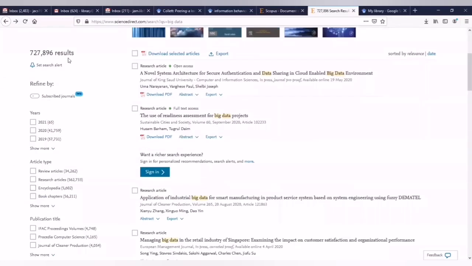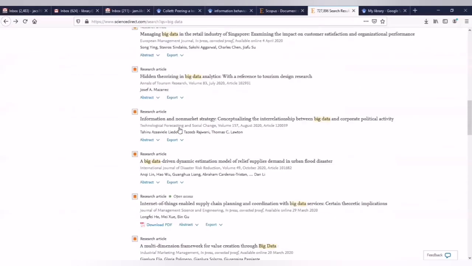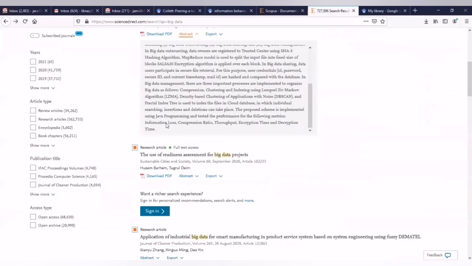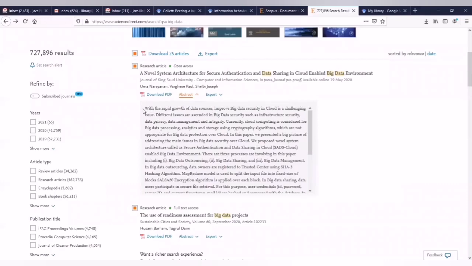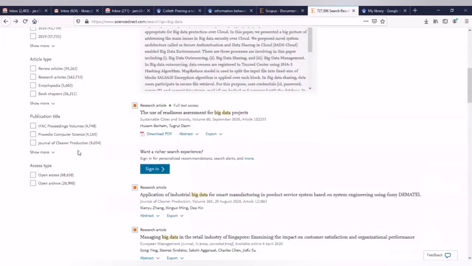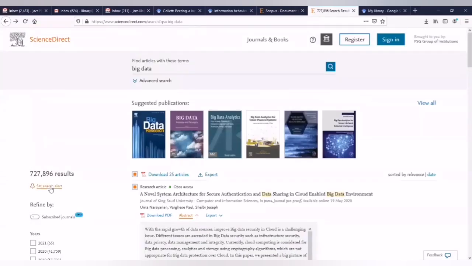So I am able to see the relevant results for big data here. For the articles which are relevant to me and which have full text access, I can select some of the articles and download them, or I can export up to the abstract level. Here we are able to see the abstract they have mentioned. You don't need to go through the full article here, so you can directly go to the abstract, and the abstract will give you a clear-cut idea whether that is relevant to a research topic or not, and then you can give export. There are so many refined options also available here like this.